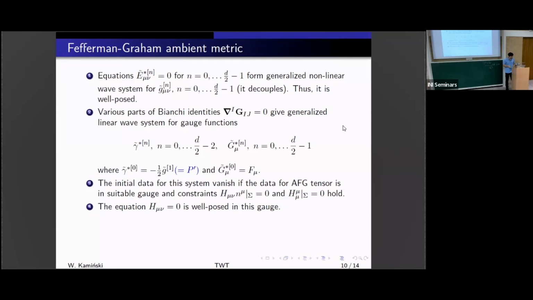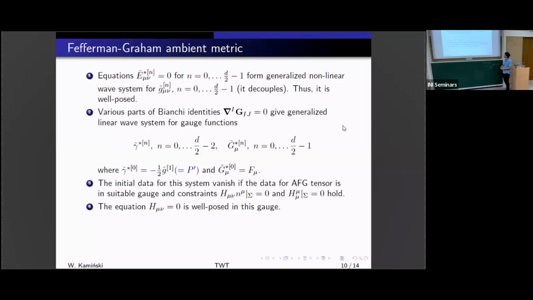Okay, but previously we needed to look at some unrelated equations. One was the divergence of the Bach tensor, the trace of Bach, and the divergence of the Einstein tensor. But now it turned out that all of them form various parts of the one Bianchi identity for the Einstein tensor in the ambient space. So they're somehow unified, and that's why I claim that this explanation is simplifying. You may also think otherwise, but okay.